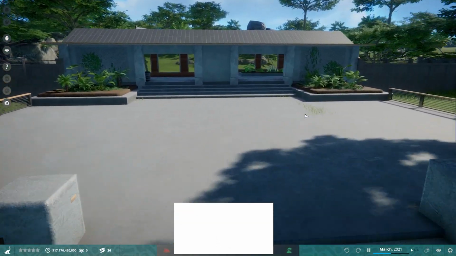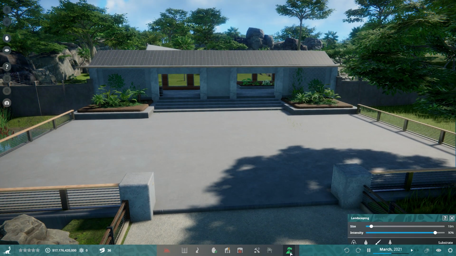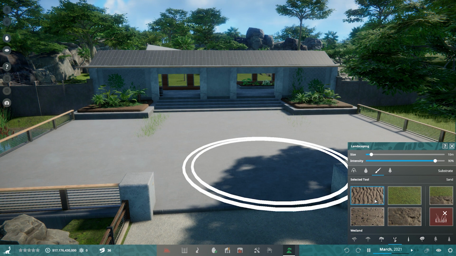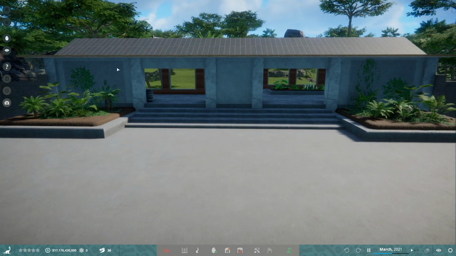I've put in some, oh there's some grass here. I might just fix that up one minute. Just pop in, if we just paint some, why is that not working? Oh, because I'm painting grass. Haha, let's just paint some mud here. Perfect. Alright, so you can see I've popped in some garden beds that are there,